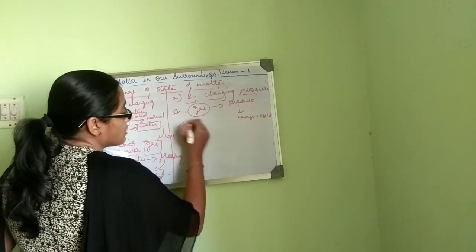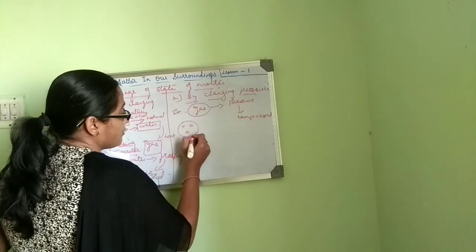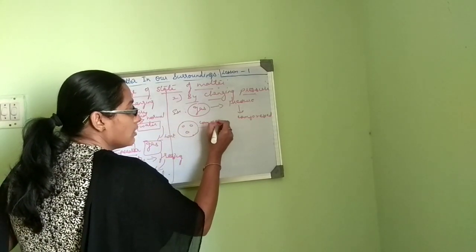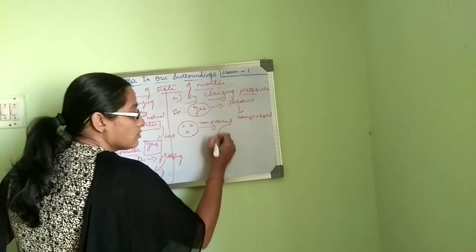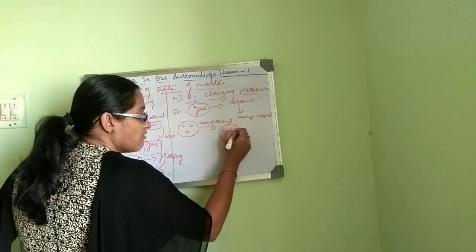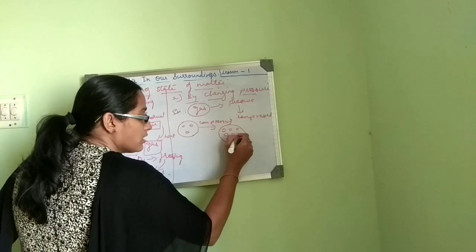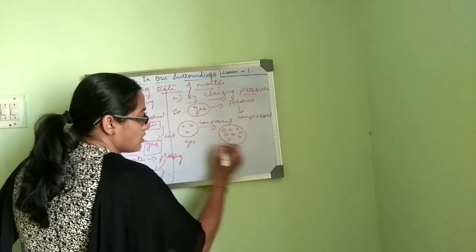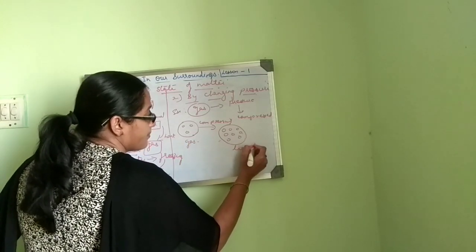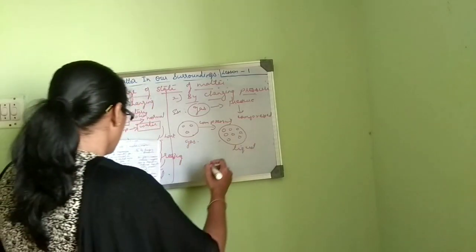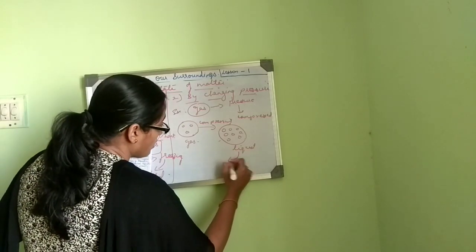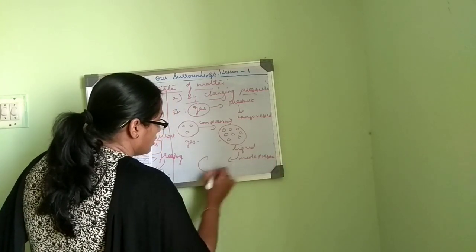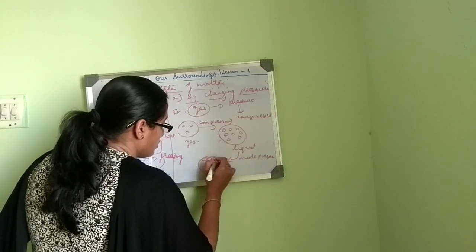So we have already seen that gas has a lot of intermolecular spaces. You are compressing it. So on compressing, what happens? You will have more particles here and less intermolecular spaces, wherein this gas changes to liquid state. This liquid, on applying more pressure, you can see that it will attain